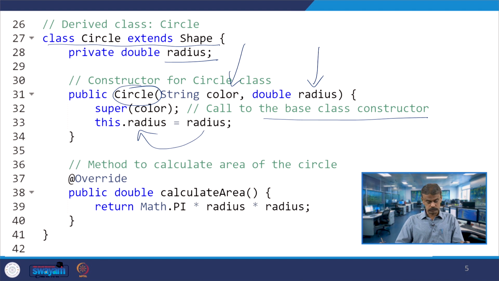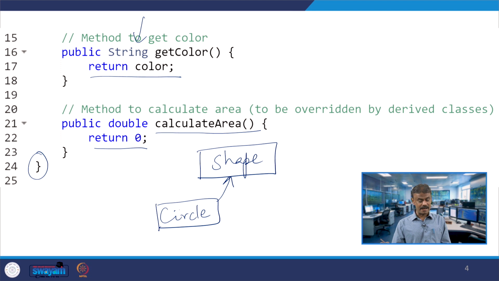Now I have another member function of the same name, the method calculateArea, which is in Circle. Slowly we are getting to the override concept. When I write @Override in Java, that means the overriding is happening here, because calculateArea in line number 21 is available in the Shape class.